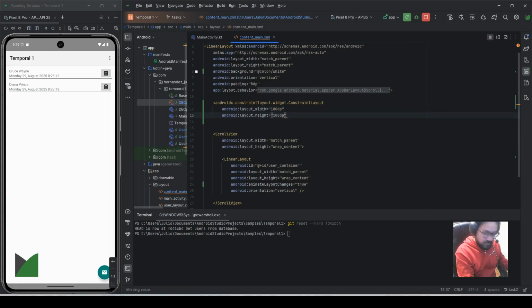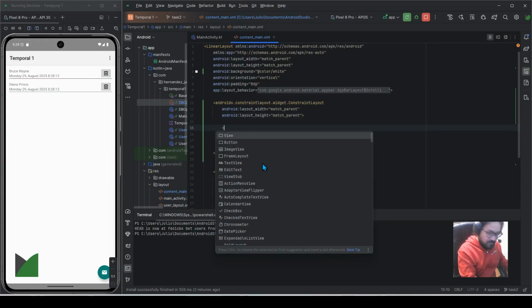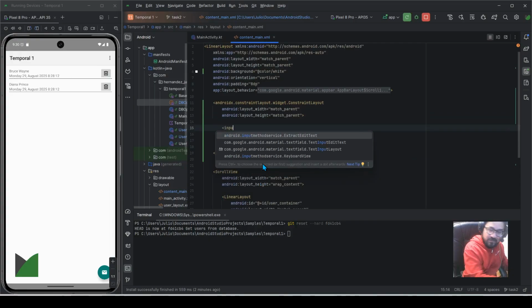This goes here. Next, I'm going to copy this because I'm going to need this. So this is match parent. This is match parent too. Now I can add here a text input layout,